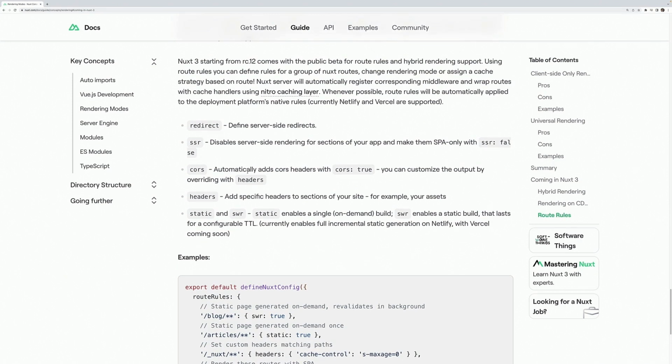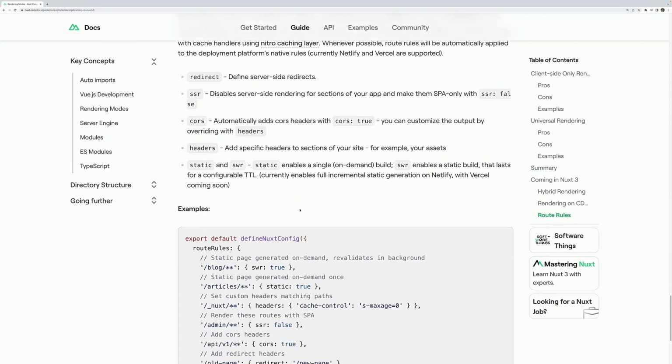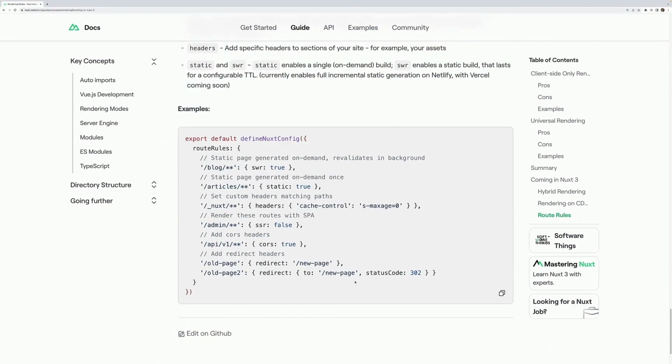We can optionally modify what kinds of headers are sent with our responses. And then there's a shorthand for enabling CORS if you need that. And what's interesting about these route rules is that they are implemented in Nitro itself, the server. But depending on what platform your app is deployed to, let's say Netlify, Nitro is smart enough to, instead of